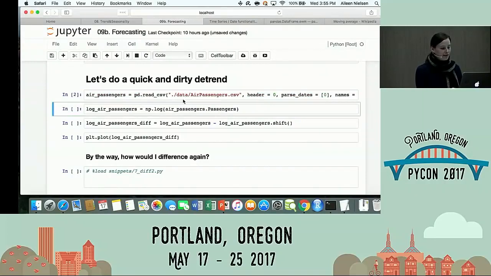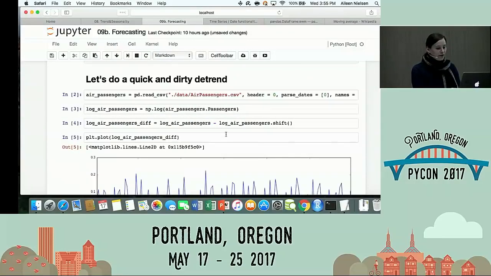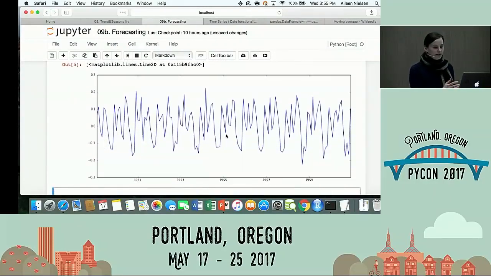So we'll look at those air passengers. We're going to do a log transformation because we had noticed that the variance gets bigger and bigger over time. So trying to get to a stationary process, we're going to log transform. It's 1-to-1, so it's easy to backtrack. We're also going to difference it. And if we look at this differenced log process, it looks okay.